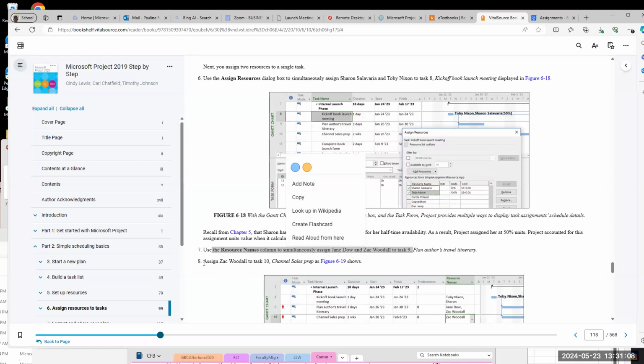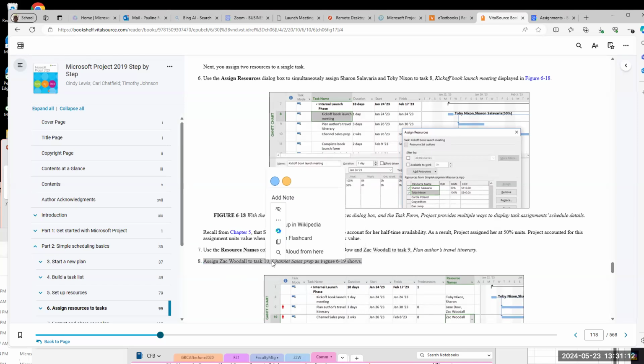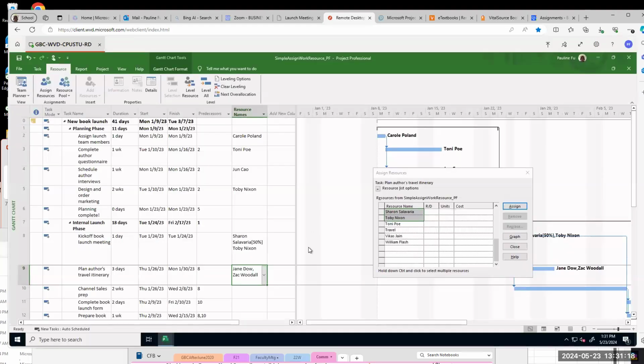Step 8, assign Zach Woodall to task 10. So go task 10. The simple way, you just click the resource name column for task 10.